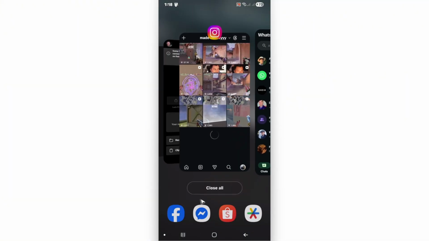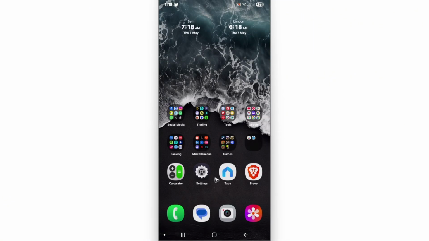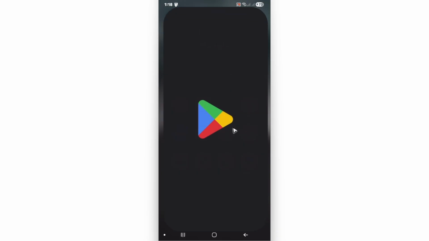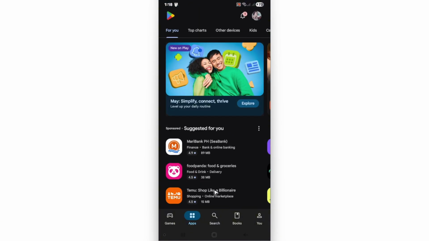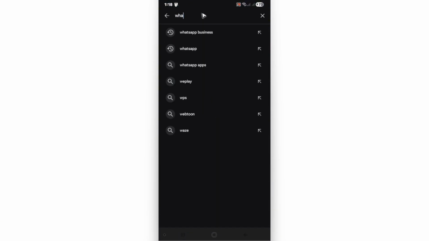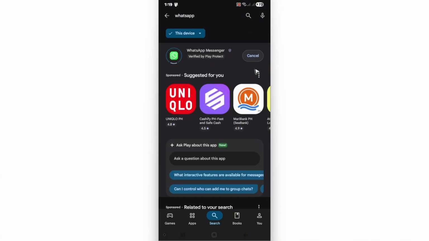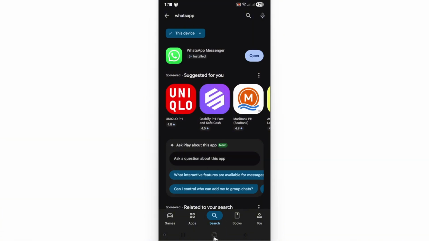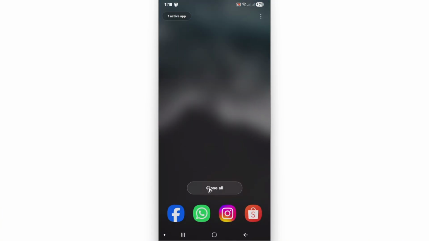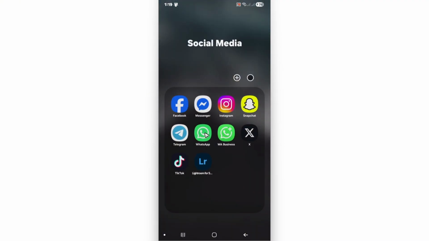So first up, close the WhatsApp app. Now go out and find your Play Store or App Store and just find WhatsApp. Okay? So find it right here, and if there's an update button, just tap on it and just wait for the process to finish. Okay, as you can see here, it's currently installing. Just wait a bit. And then once that's done, go ahead and go back, close everything, find the app icon,